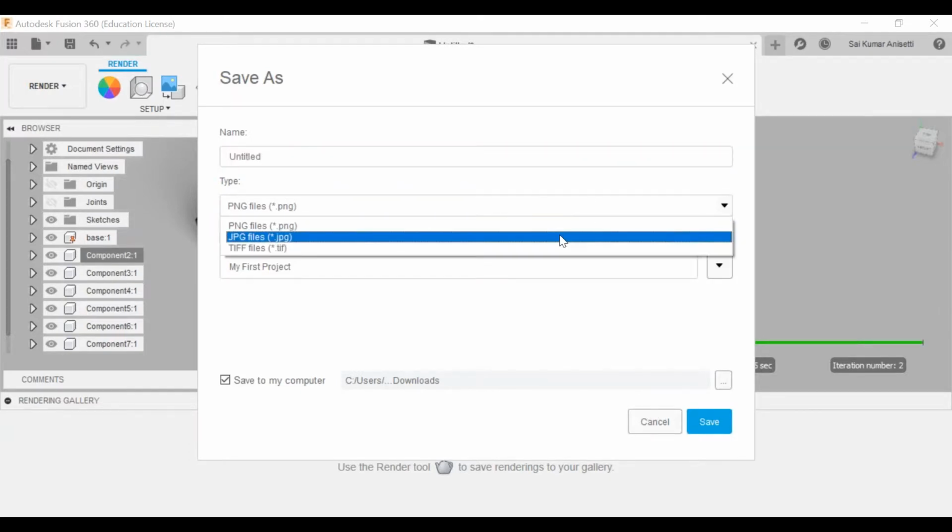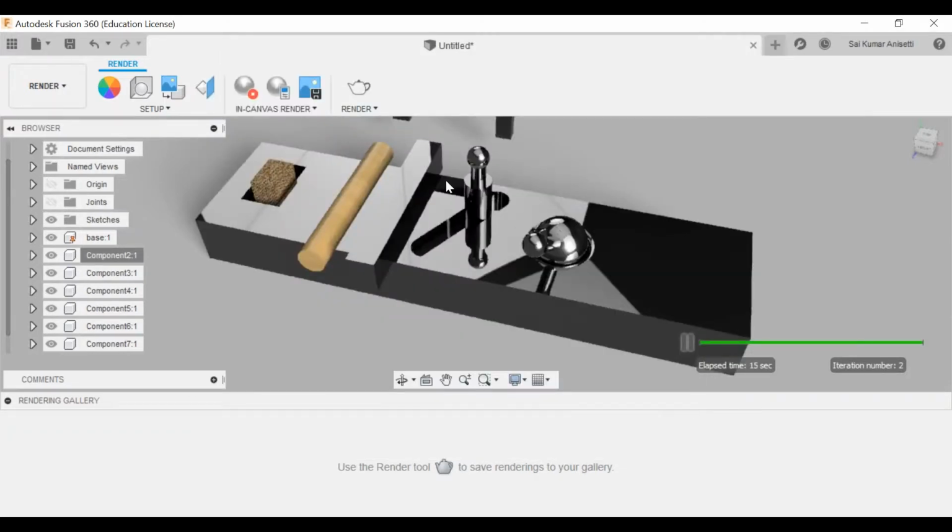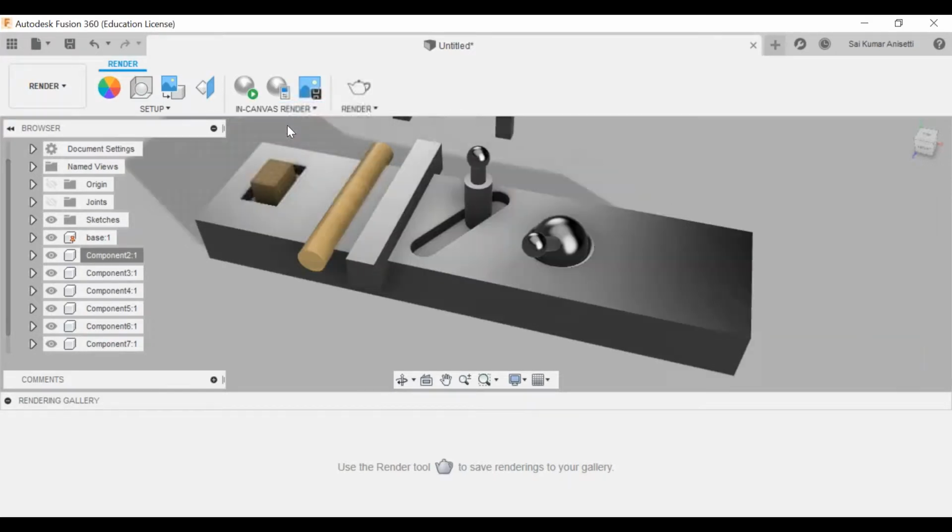If you want a PNG or JPEG image, just save it as it is. Save the image over there. Okay, and if you want to have outside your canvas, stop my render.